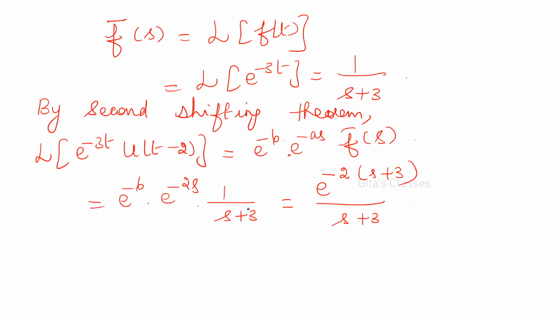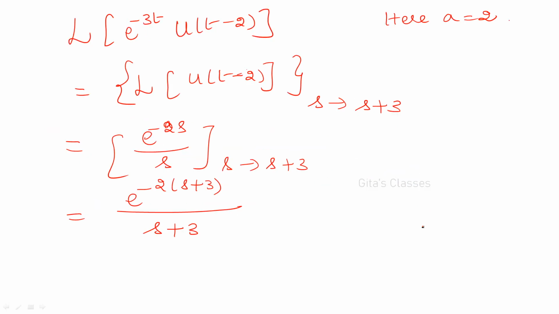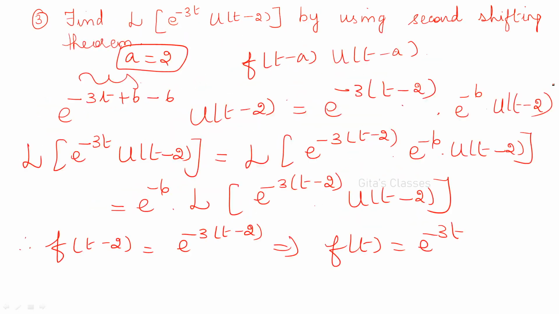So this is what we had, no? This is our answer in the previous method. By using the previous method, this is the answer. And the same thing we got, e power minus 2, by using first shifting theorem. So if it is not mentioned, using the first shifting theorem is easier. But in the problem it is mentioned that by using second shifting theorem,